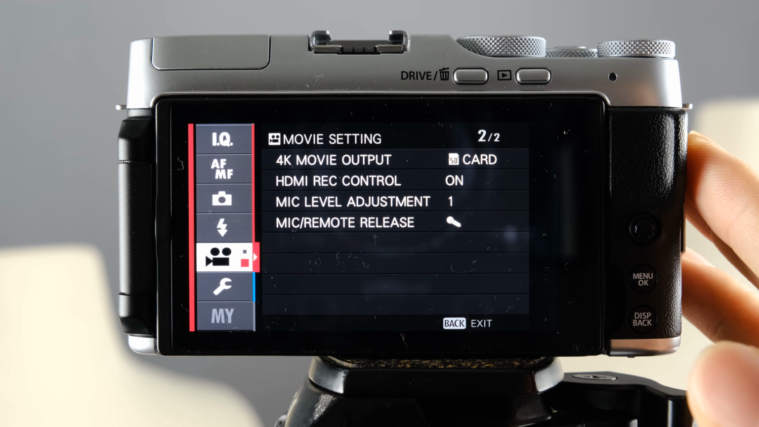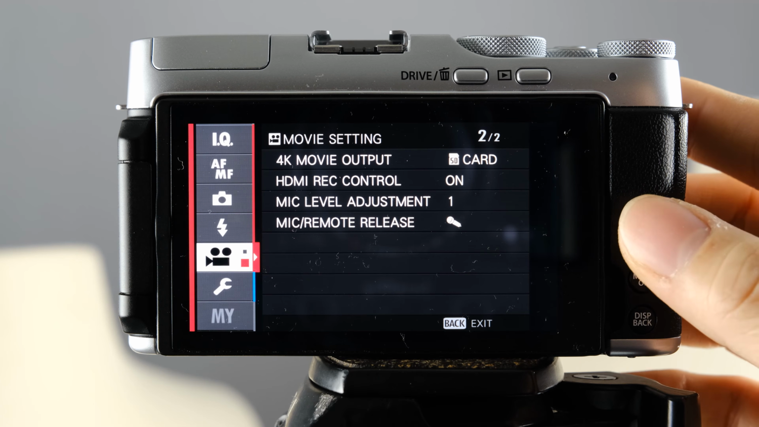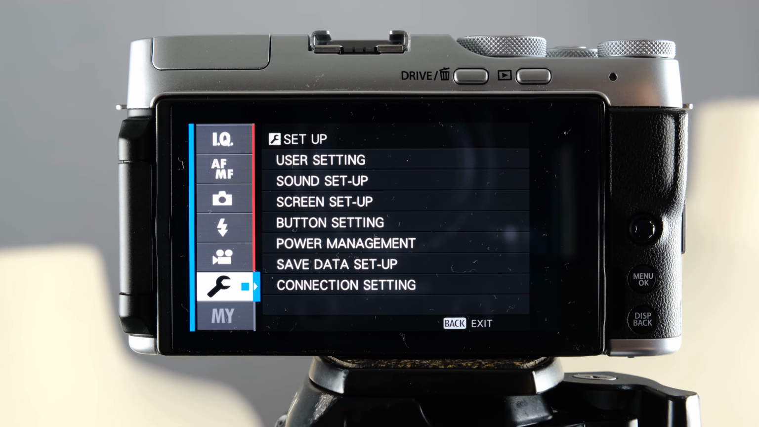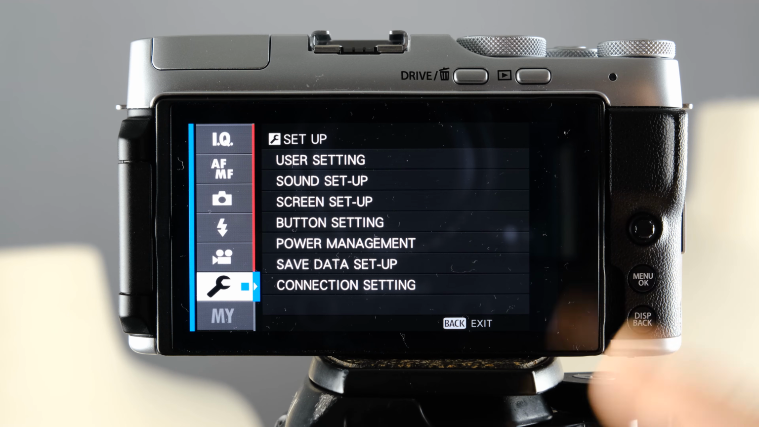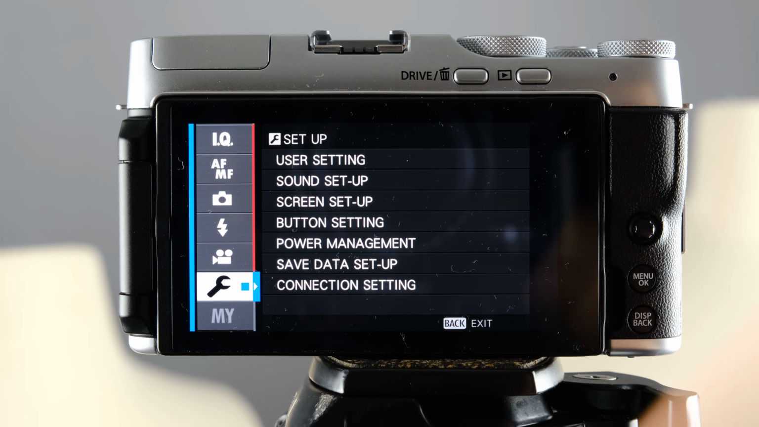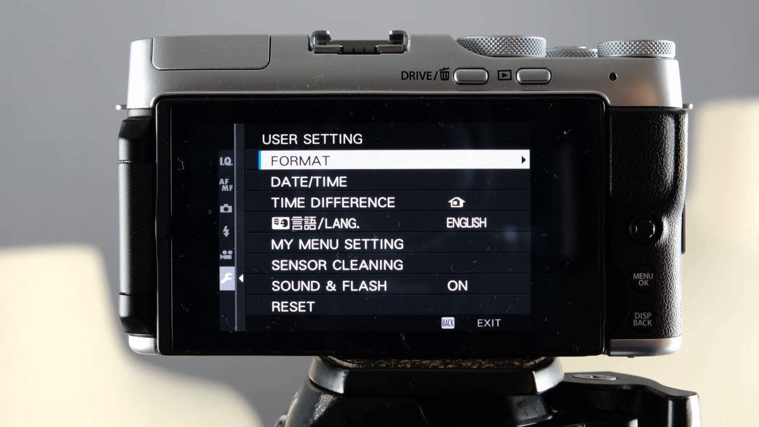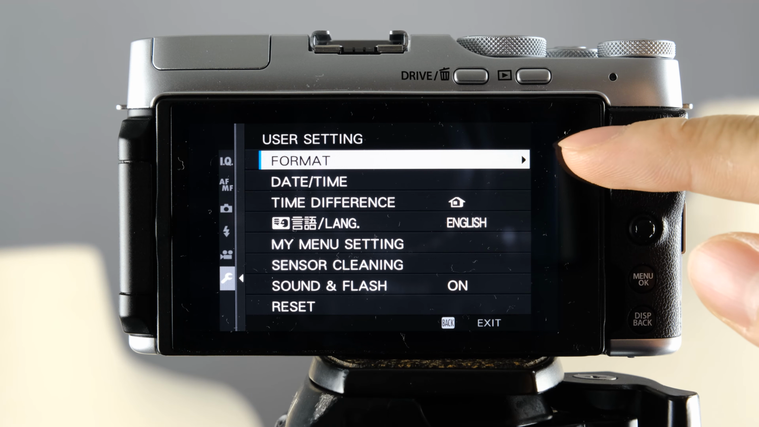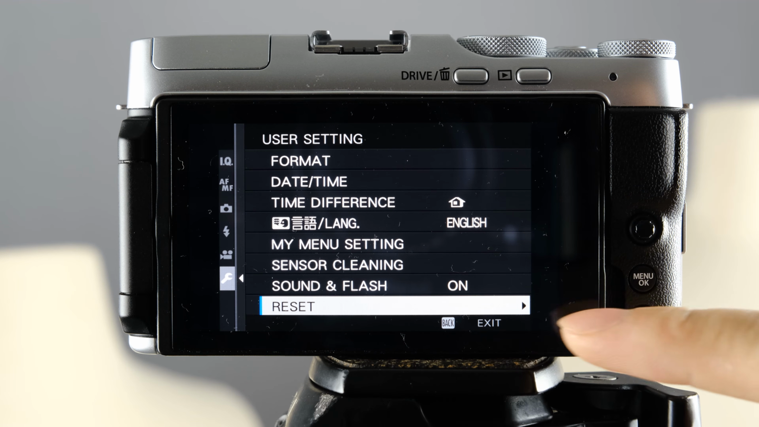But honestly, the video menu is going to be its own separate video, so I just ran very quickly through it. Alrighty, we got into the wrench icon, and I kind of covered this in my get started quickly video, which is the first video in this series. So I'm just going to quickly run through this. In the user settings, there are two things that are important. You can format your SD card, and you can also come all the way down here